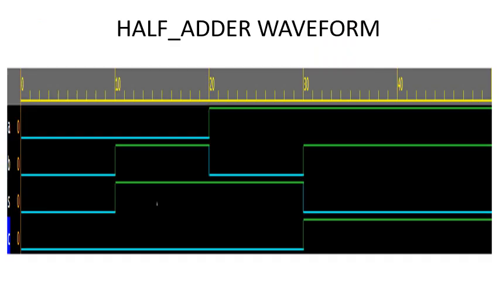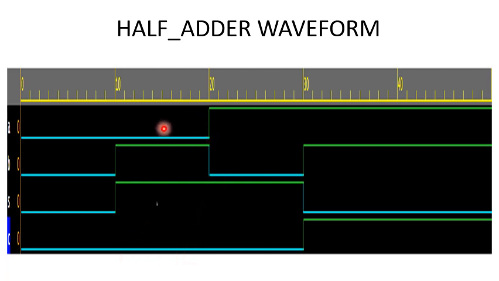This is the output for the test bench program that I have written for the half adder. So here the two inputs a and b, we have started with 0 0 at time t equal to 0. Sum will be 0 and carry will be 0 as per the truth table. Hash 10 means after 10 time units a is 0 and b is 1. We have made b 1. So for that sum is 1 and carry is 0.